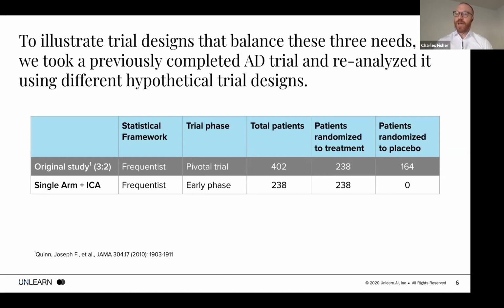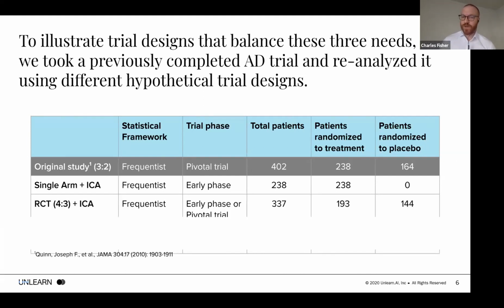And instead of having actual patients receiving placebo, we will take the baseline data from each patient in the treatment arm, create a digital twin, and then use that intelligent control arm composed of all of those digital twins as an external comparator. In a second hypothetical trial design, this is a type of randomized controlled trial that we will